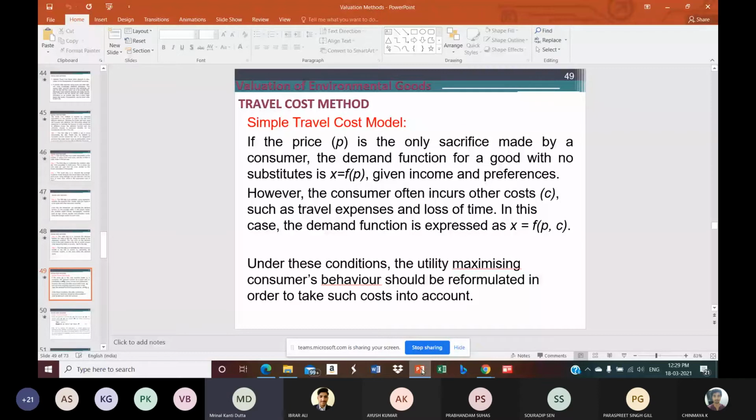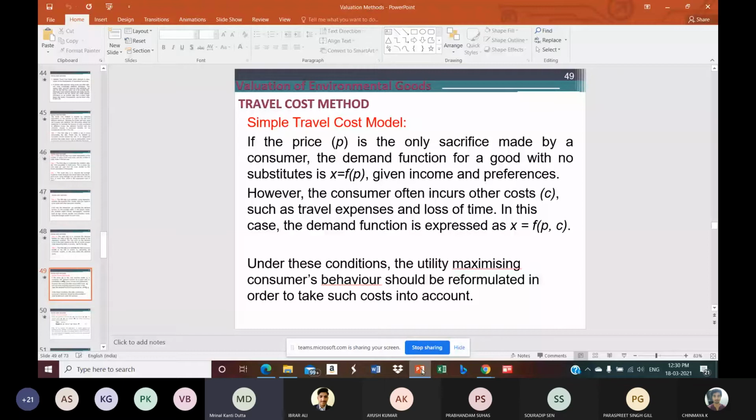Here we assume that income and preferences of the consumers remain the same. If income changes, then obviously the number of visits will change. Similarly, if somebody is fond of traveling, irrespective of the fact that he may have a limited amount of income, he might prefer visiting places. In those cases, the value of X will change. That's why what is assumed here is that the income level of the person concerned and his preferences remain the same.